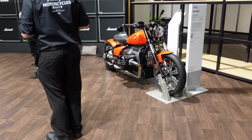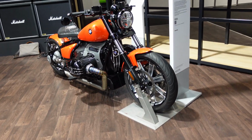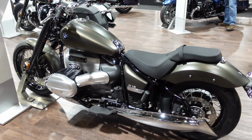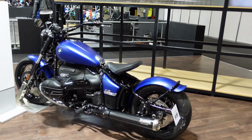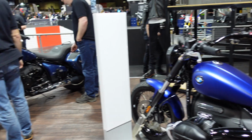Up the back here we have a few R18s, cruisers. They've just got this massive 1800cc Boxer Twin. I have done a test ride on one of these and I loved it. We even have an R18 bobber here, just with a single seat. Big Akrapovic pipes down the side, and yeah,